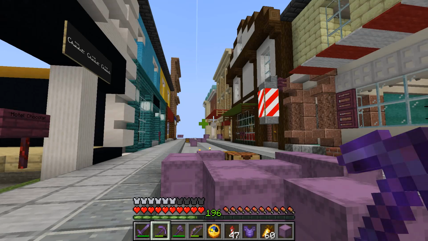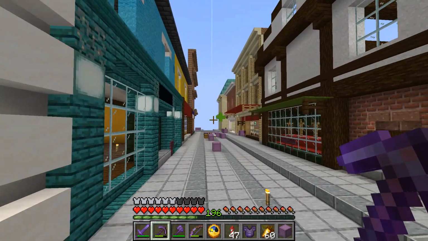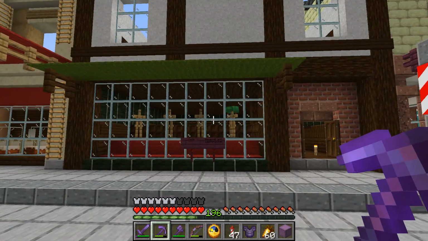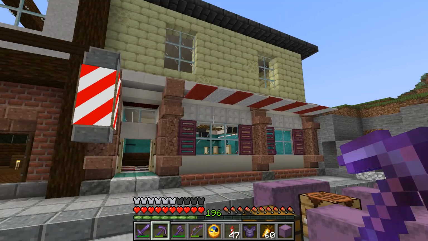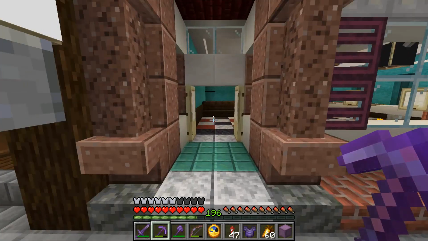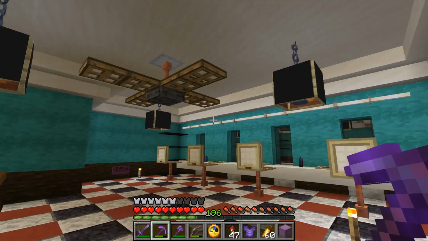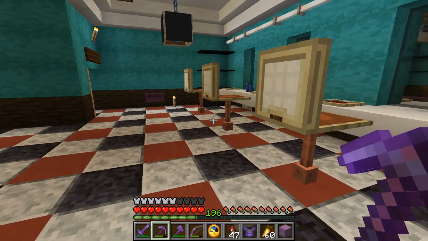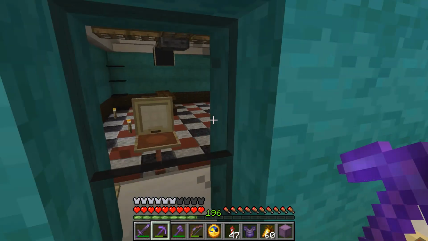So in my survival world, I'm building a load of shops for a high street. I'm going to fill them with villagers for different trades, but I have a bakery, a pharmacy, a tailor's, and also a barbershop. And as any good barbershop, or really as all barbershops should have, they have mirrors. The problem, of course, is in Minecraft there are no mirrors. So the only way to do it is to replicate everything on one side,